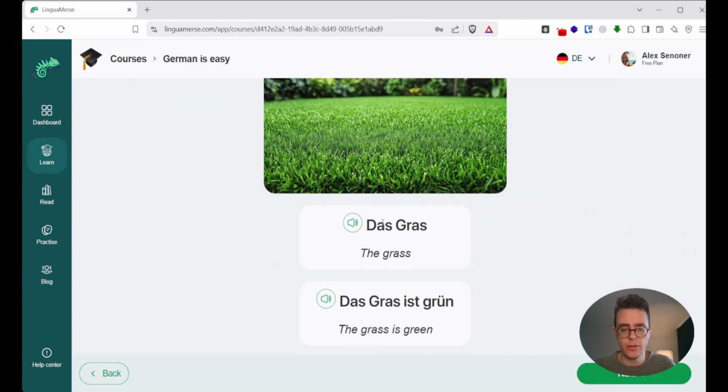If we go to next, we learn das Gras ist grün. Now, why do we learn these words here in chapter 1? Why do we learn das Gras ist grün? It's perhaps not a sentence you would really say that often, but most courses that I've seen and most apps, they would start teaching you a language with greetings like hello, how are you? And I've talked about this in many other videos, that I don't find that a very useful way of starting to learn a language, because those are just random words